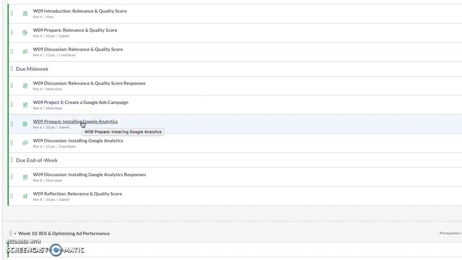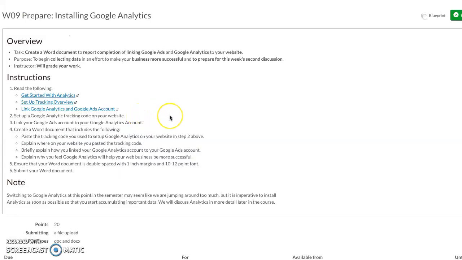Then the last subject this week is installing Google Analytics. This will be about the most complex we'll get as far as web development. For some of you, this is a no-brainer because that's your major or you've done it before. For those of you who have not built websites before and not done any level of coding, be patient with yourself through this. It's fairly straightforward once you get it, but it might seem intimidating at first.